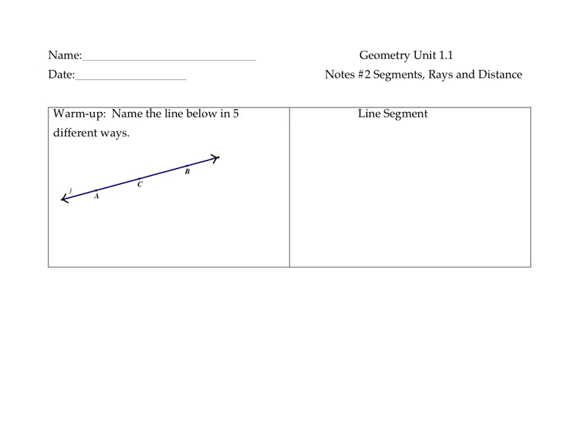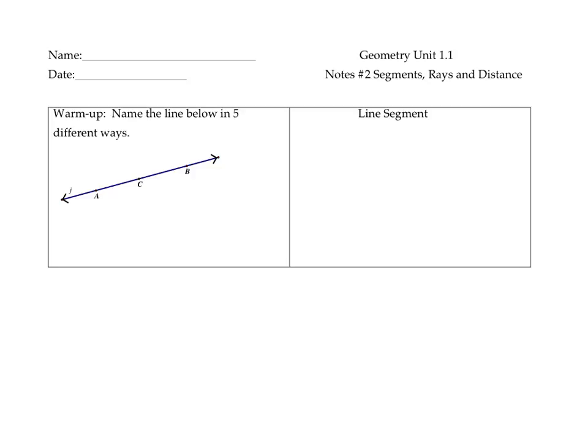Today we continue our study of Unit 1.1 with Section 2, which is all about segments, rays, and distance. Before we get into the new material, let's review what we learned yesterday about the notation for lines. In our warm-up, it says name the line below in 5 different ways, and there are actually 7 different ways